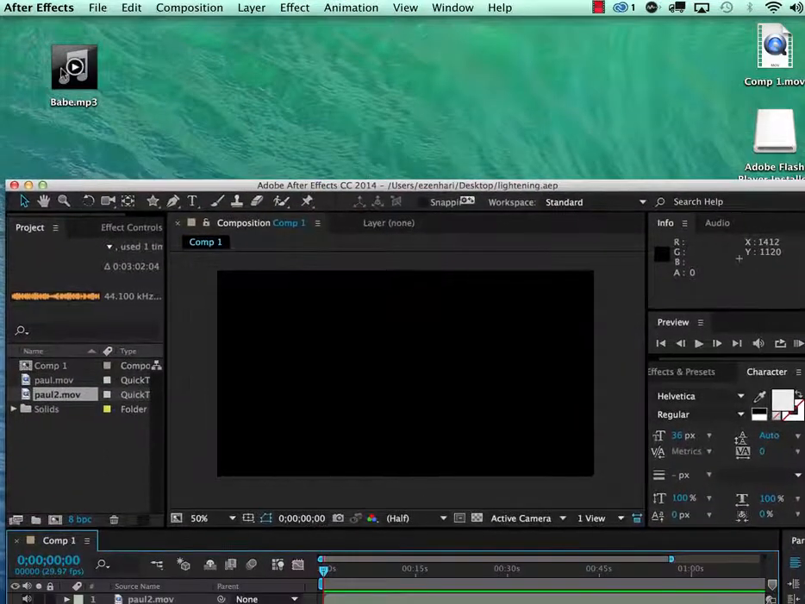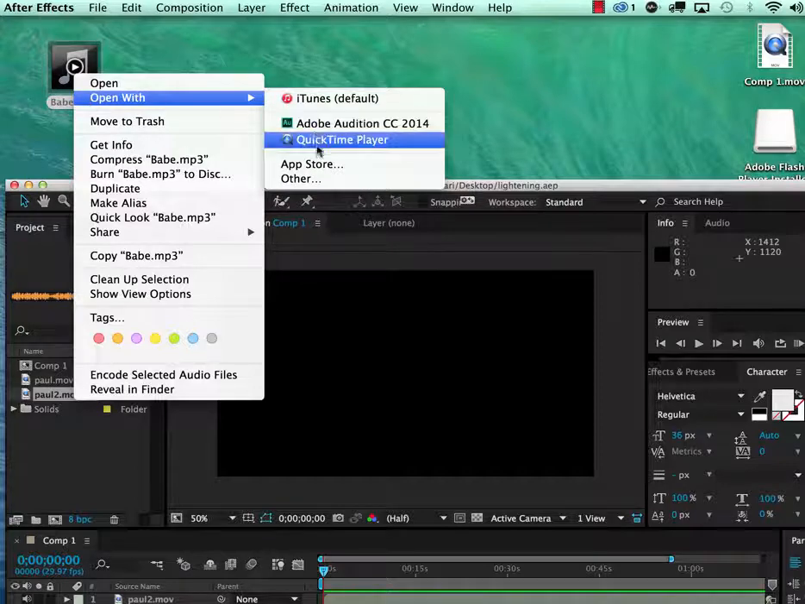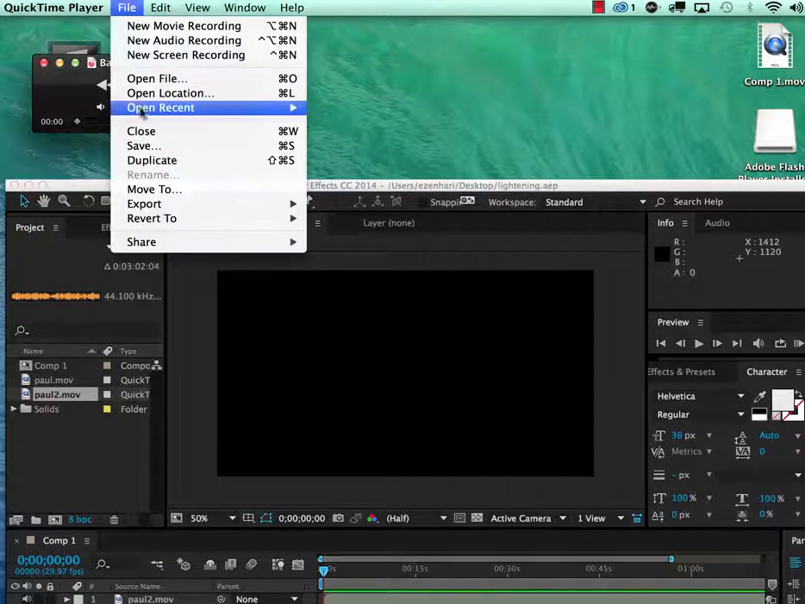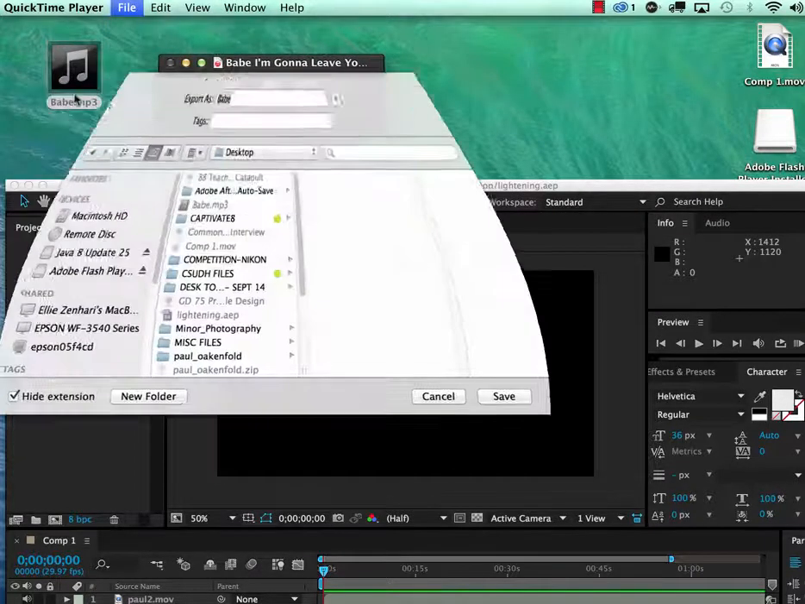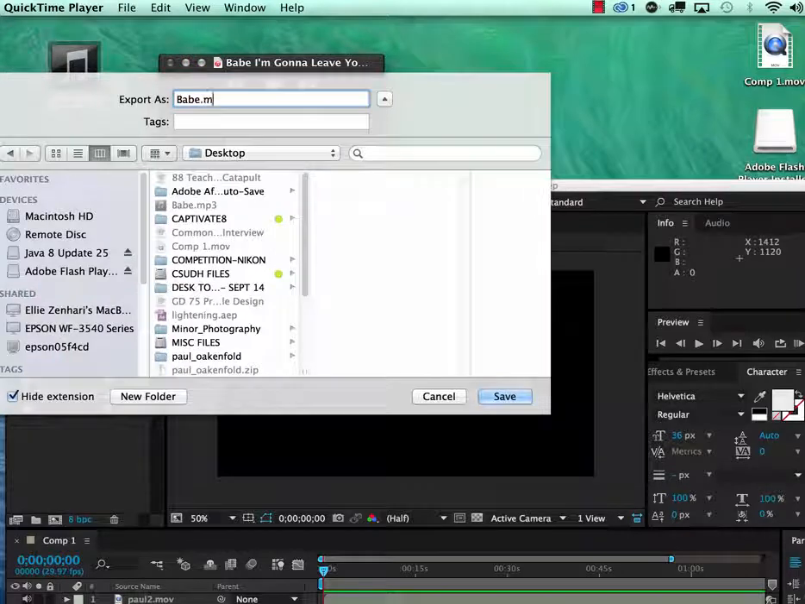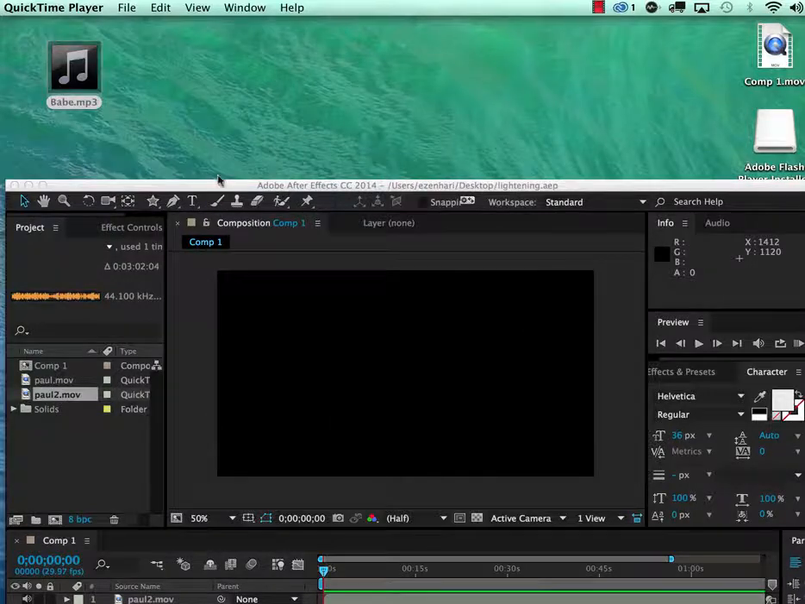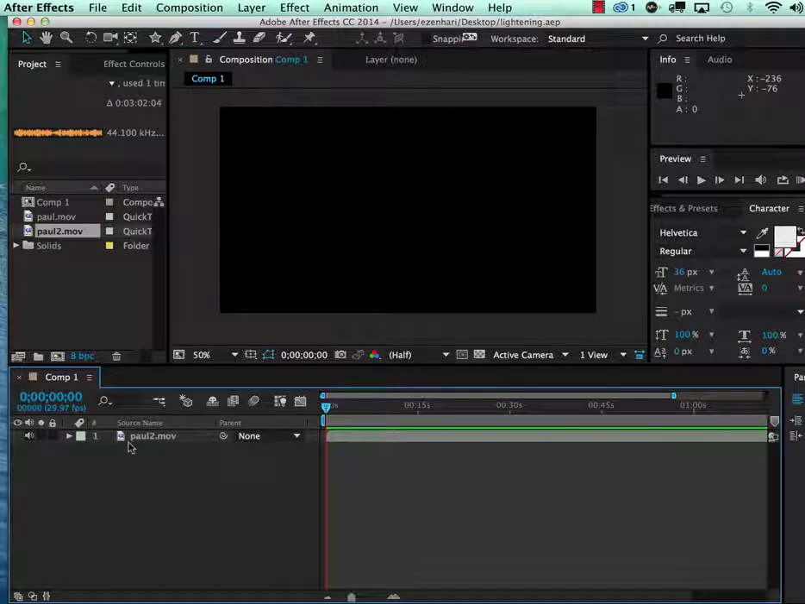And if you have an MP3, you want to make sure you open it up in QuickTime and then convert it to a QuickTime movie. So I want to just do a save and just make sure that it has an MOV extension. And then you want to make sure that that's the file that you're going to import into After Effects, the file with an MOV extension. So I've brought my file in, and the next thing I'm going to do, I'm going to right click on